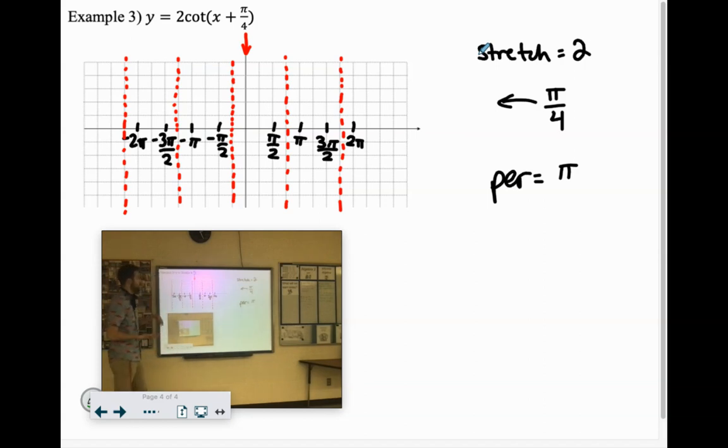We'll find our center. We don't have a vertical shift at all. So right in the center between the 2 asymptotes would be here. And remember, we would usually go down 1 and right 1, but because of the stretch there, we're going to go down 2 and right 1. We could also go up 2 and left 1. Make sure you fill out some more cycles. So over here, find your center, go down 2 right 1, up 2 left 1,